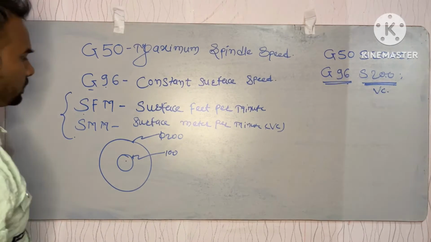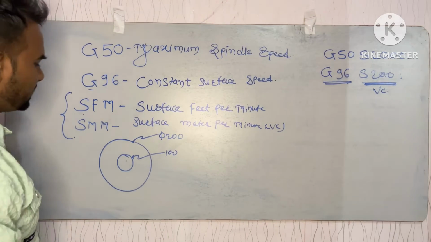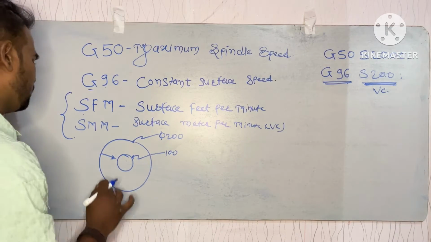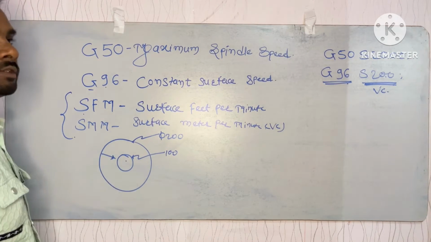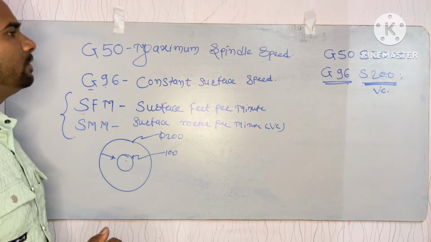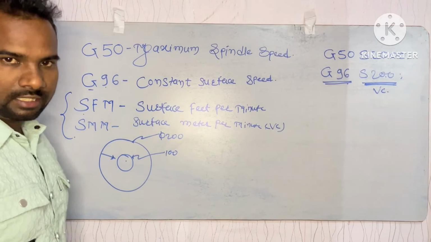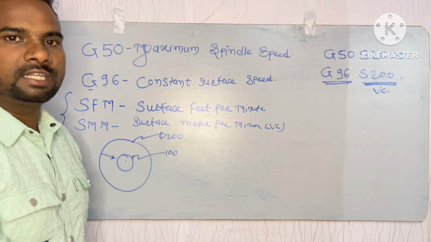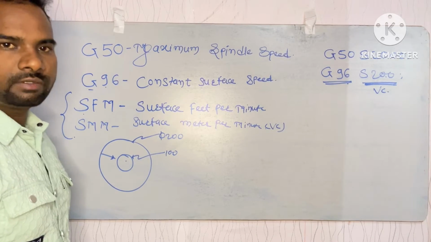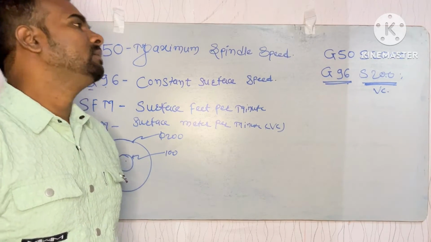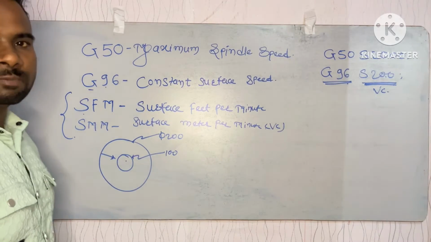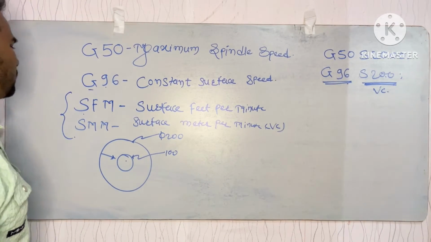If we are doing facing operation from this face to this face with a single RPM, meaning we make the program in G97, which is constant spindle speed, we will learn in our next video what G97 means and where we have to use it. First just think that if we use constant spindle speed here,